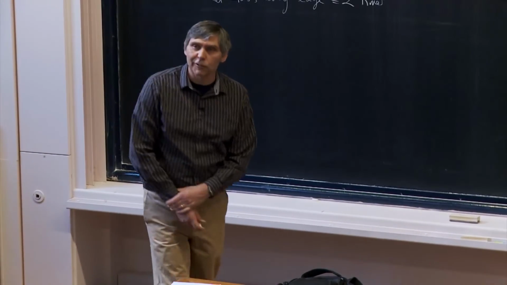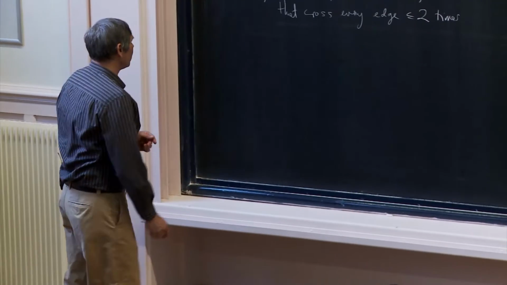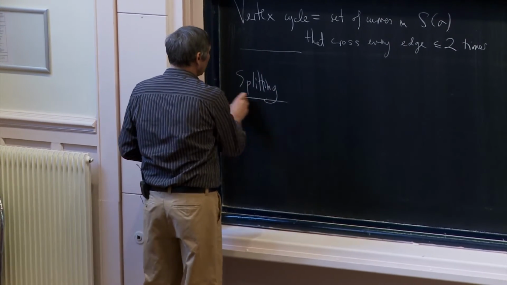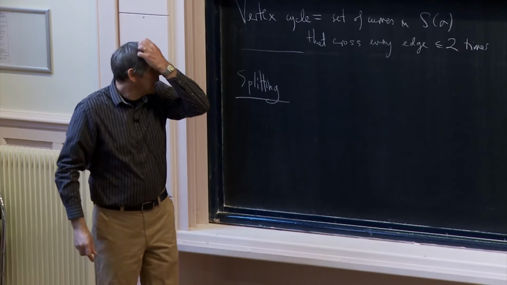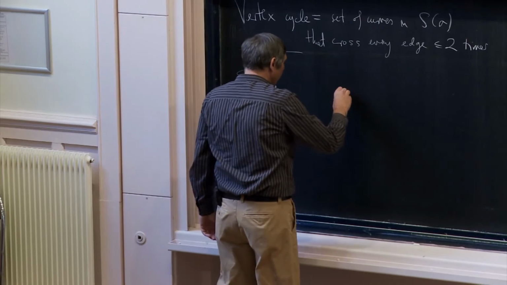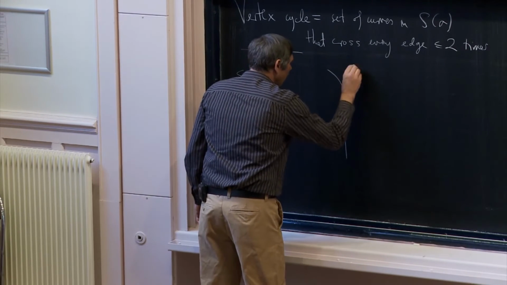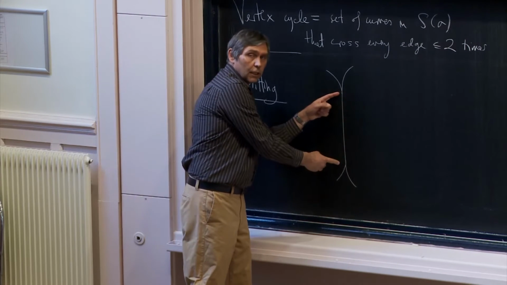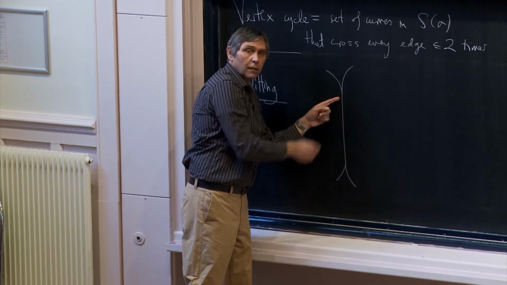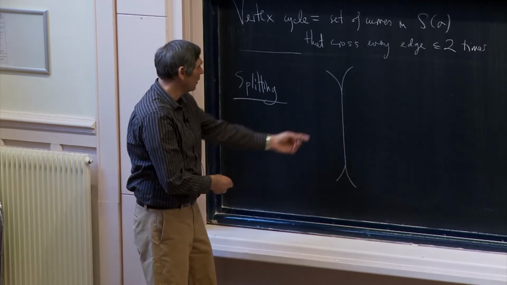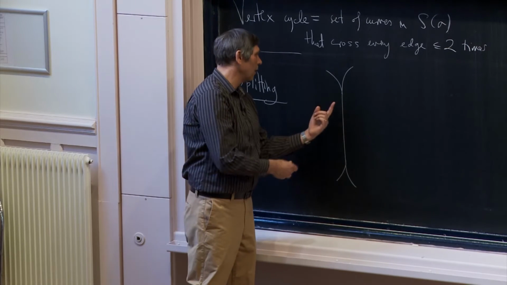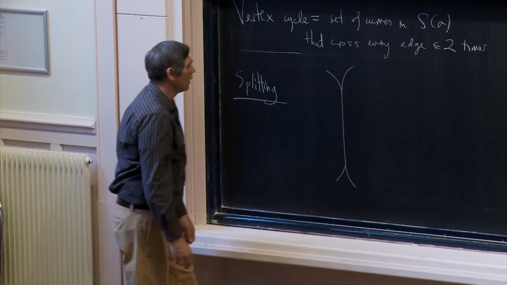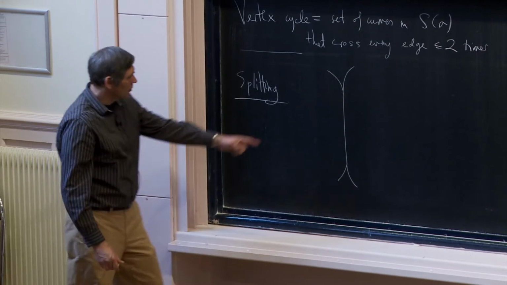Okay, there's one more thing. There's always one more thing. There's a notion of splitting. If you have a train track and you find an edge that looks like this, so here's a piece of our train track, there is an edge, and on both ends of the edge, it looks like this. In other words, it's the special direction, the one that's not parallel to any other direction out of the vertex. And this is true on both ends.